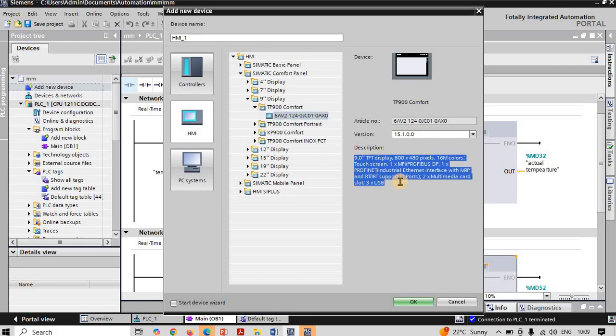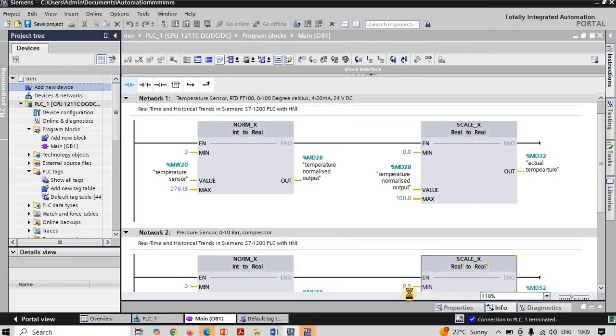check the description properly. This is very important, right? Okay, don't skip it at all. It shows your requirement, and if it fulfills your requirement, then you can go with it. Otherwise you can change it. Just click on OK,